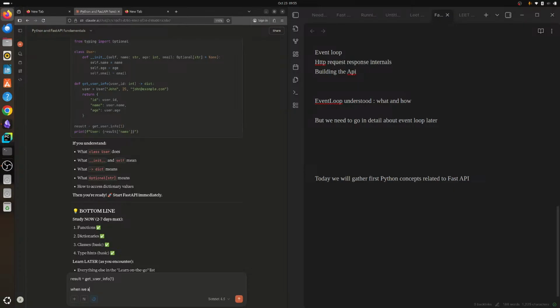When we execute the above line, the method will be called and the values will be passed, and user ID is of dictionary type. Then the user object is created,